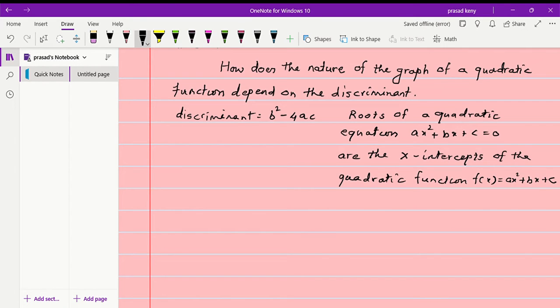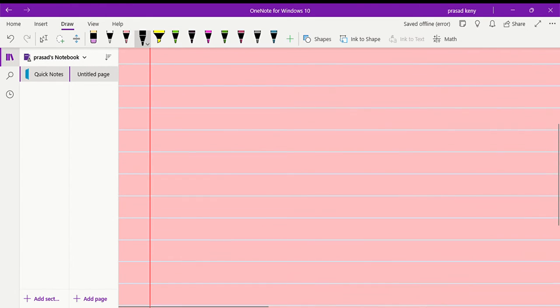So keeping this in mind, let us see how the nature of the graph of a quadratic function